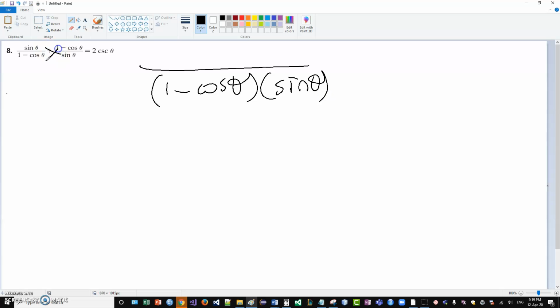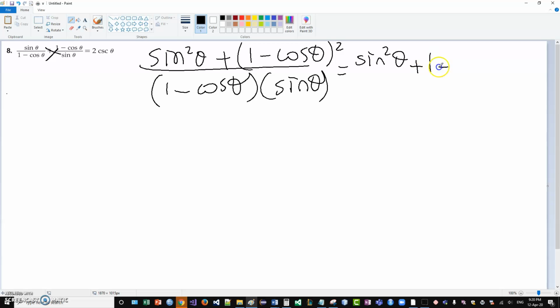Cross-multiplying, we get sine squared theta plus 1 minus cosine theta squared, which is sine squared theta plus the first one squared, which is 1, minus 2 times the first times the second, 2 cosine theta, plus the third one squared, cosine squared theta, over 1 minus cosine theta